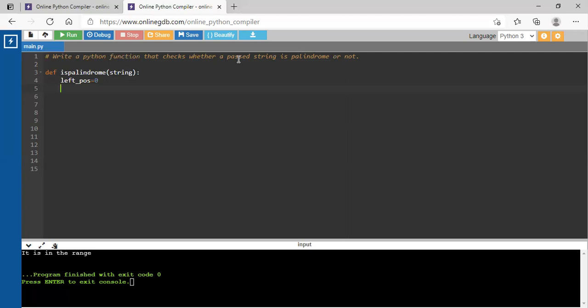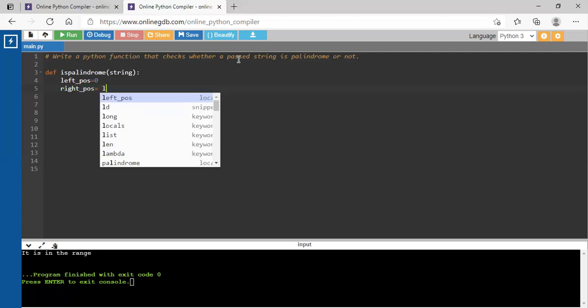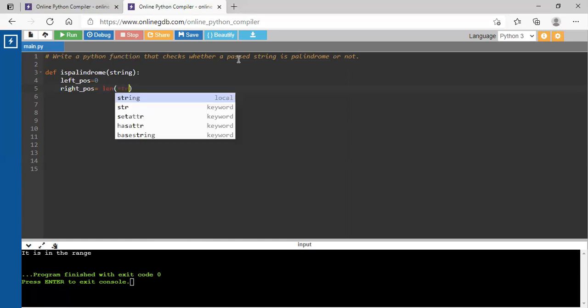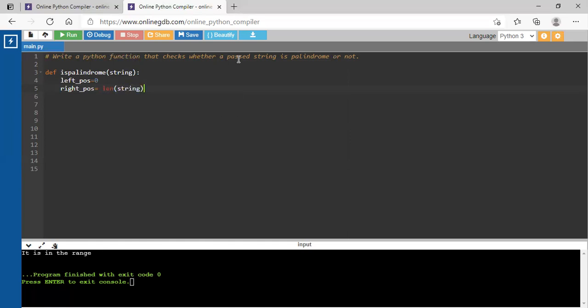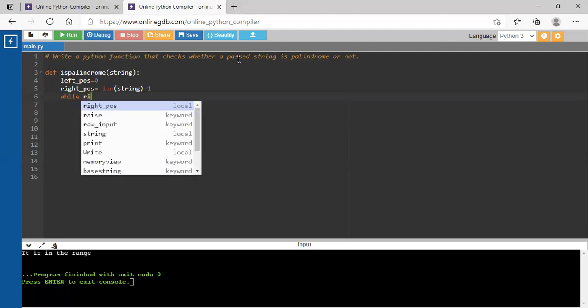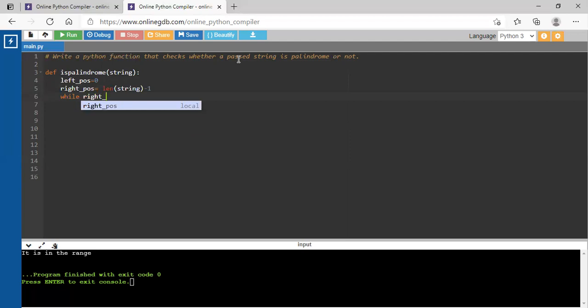So I just take the left position as 0 and the right position is equal to the length of the string minus 1. Obviously, I told you it is always a -1, so no confusion in this now. Again, I just put a loop here. What is the loop? While right position